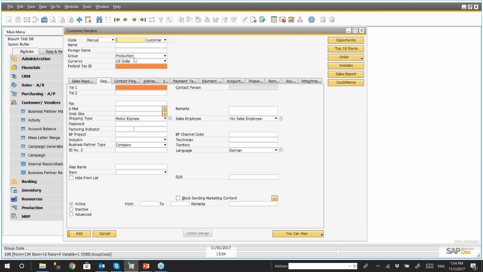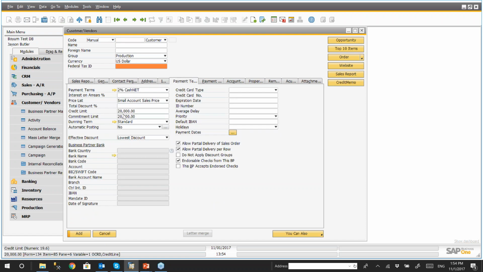It's going to change to production because this is what I usually use. If I go to payment terms, $20,000 credit limit, and the payment terms is 2% net. It's not cash basis. I think that's the one you usually default. So you can do default data on the business partners and also on the